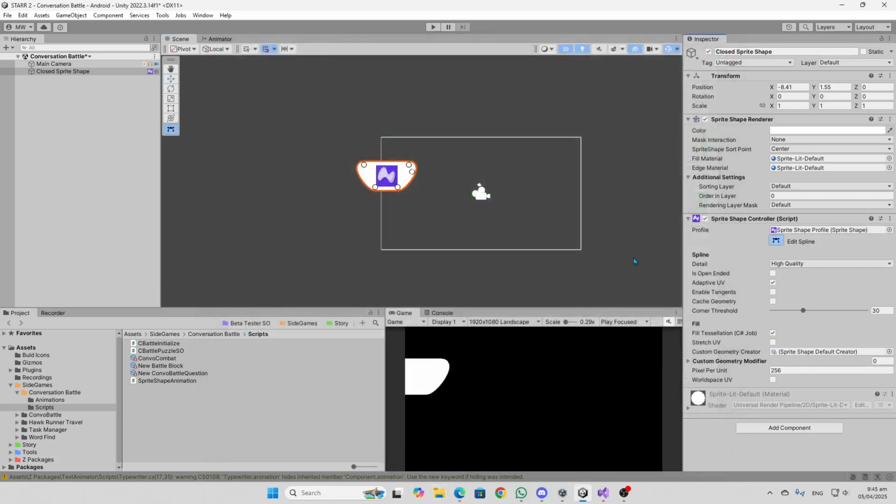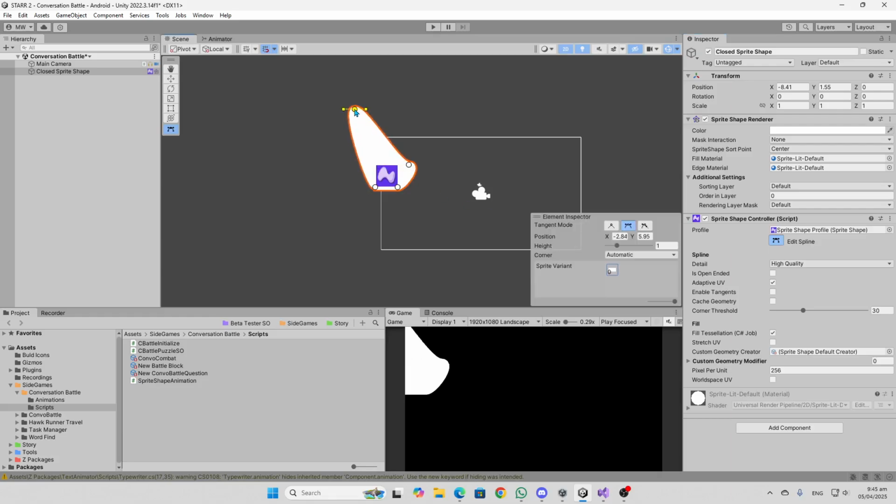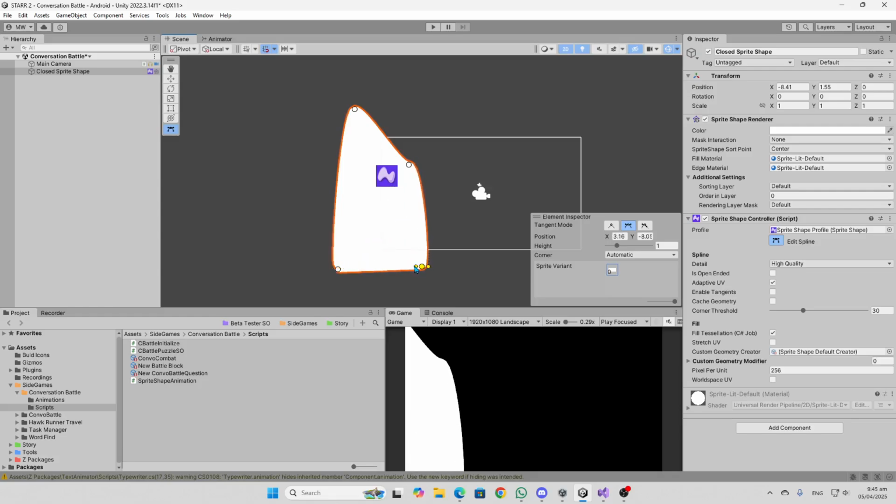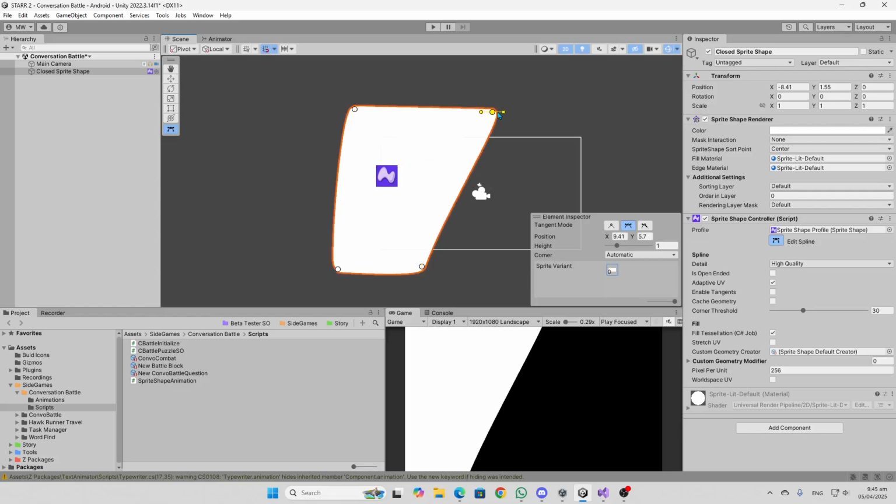So here we can go and set up our sprite shape and our splines. I'm just going to put these on the outside. Let's say this is the bottom side of it and the top. So we got a shape kind of like that. Okay, this shape will not allow us to animate it,